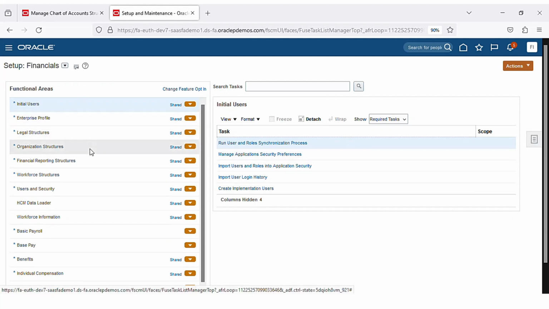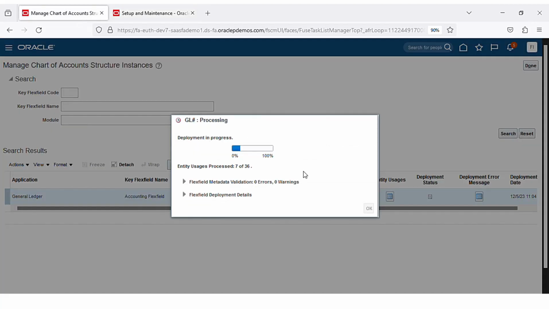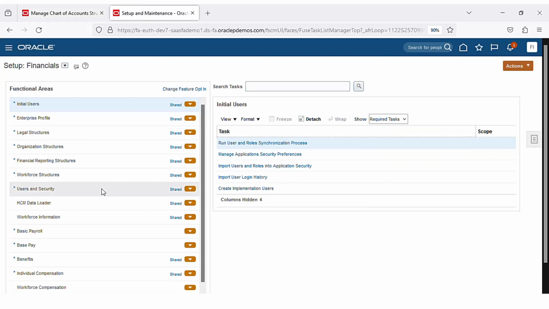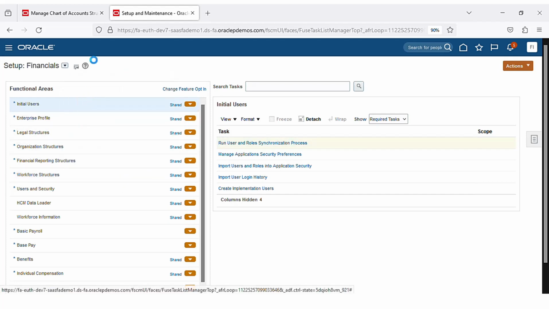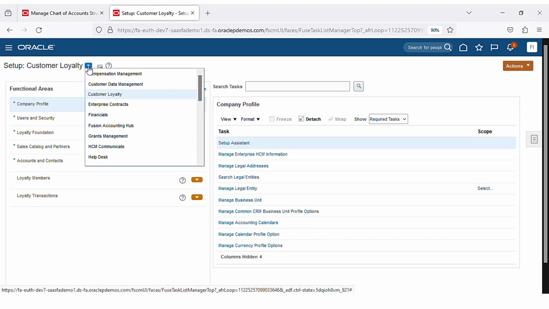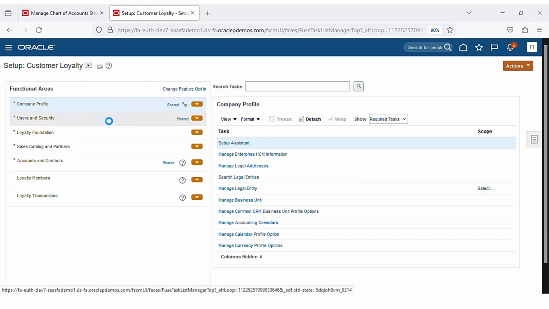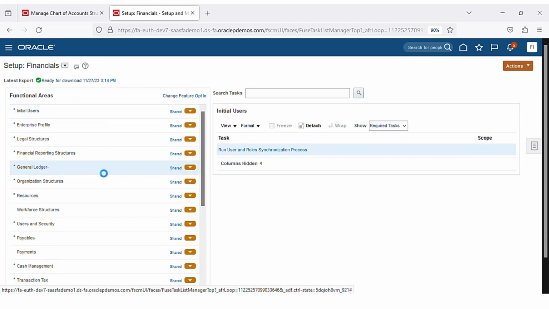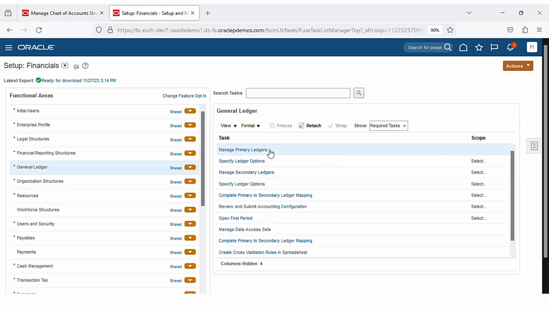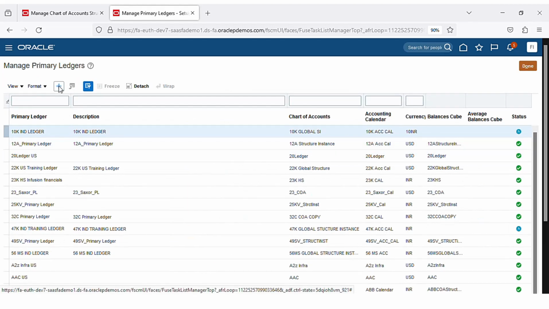Click on it. Okay, still it is running. Clicking on finance, go to general ledger, click on manage primary ledgers,